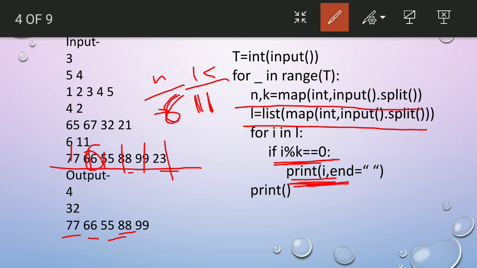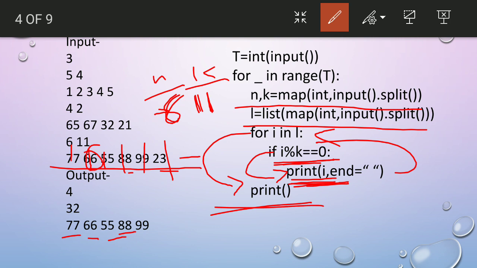No, so it will not enter into this one. It will go to the next iteration. But here there is no element, so it will come out of the loop and print the new line. Okay, if here there is an element like 19, again it will check whether 19 is divisible by 11 or not. If yes, then it will go inside the if. If not, then it will go back to the for loop and increment to the next element in the list.